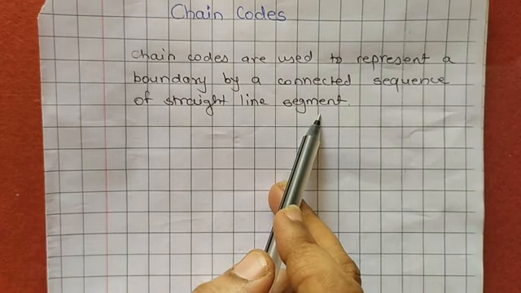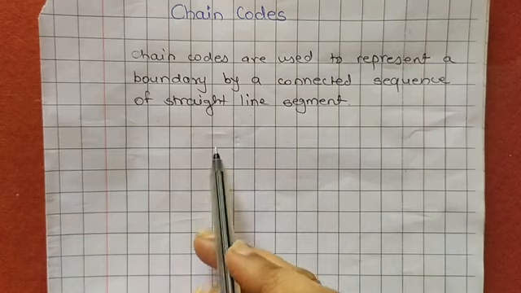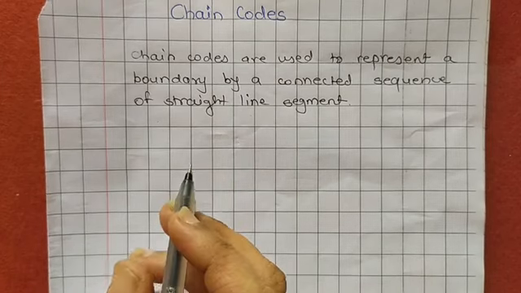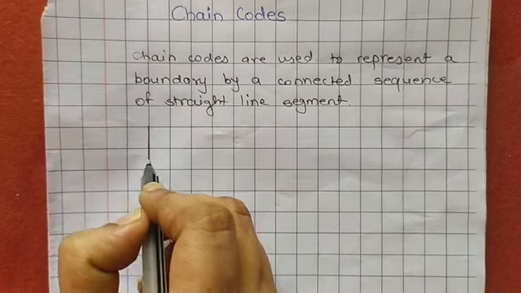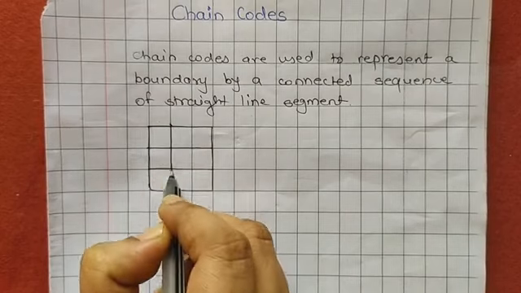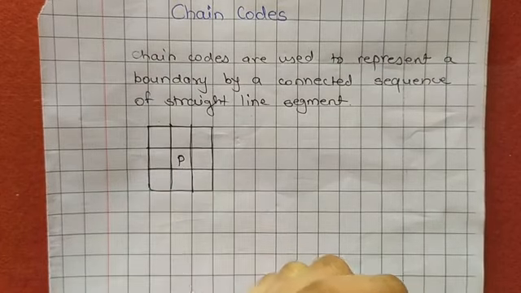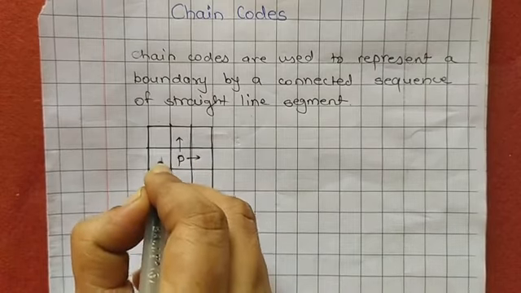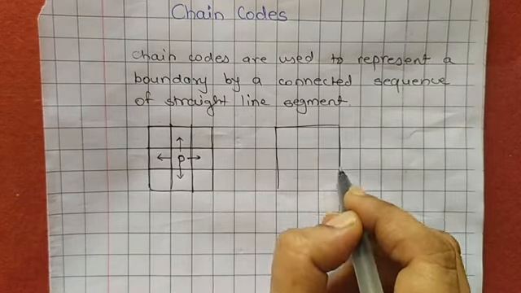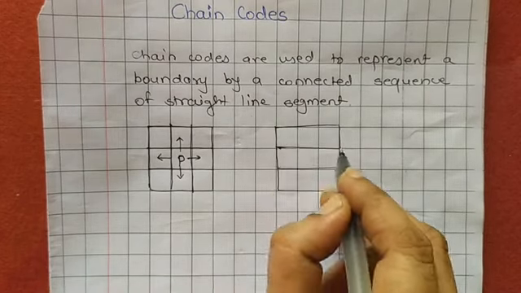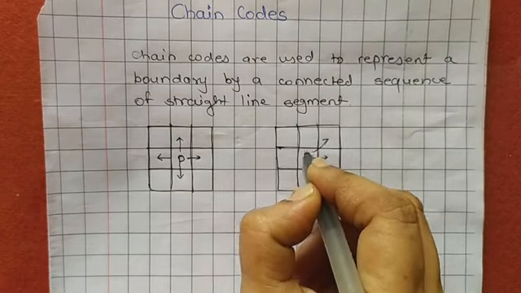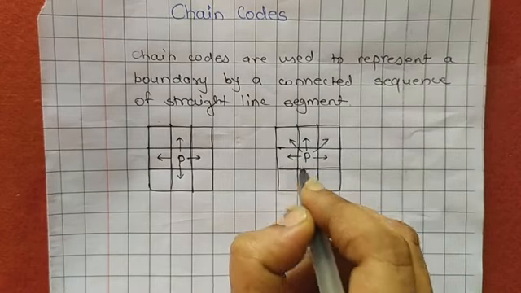for that, here the 4 connectivity or 8 connectivity of the segments can be considered. The direction convention for chain codes is represented like this. For this, we have to consider the 3 by 3 neighborhood like this. This is our pixel P, and these are the 4 neighbors of this pixel P. Okay, and for 8 neighbors, again we can represent a 3 by 3 neighborhood. This is our pixel P, and these are the 8 neighbors of pixel P.